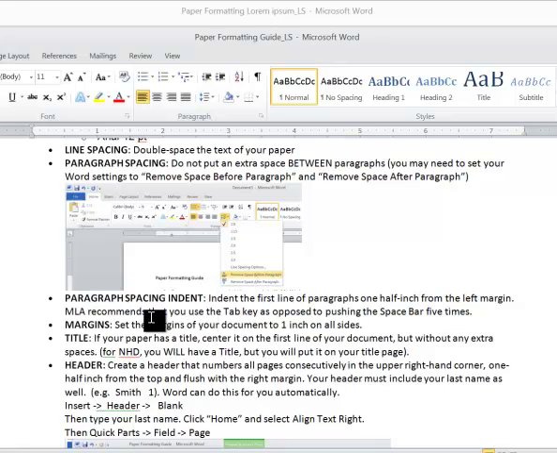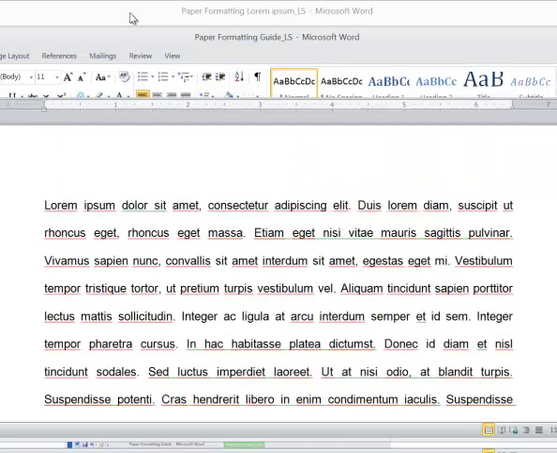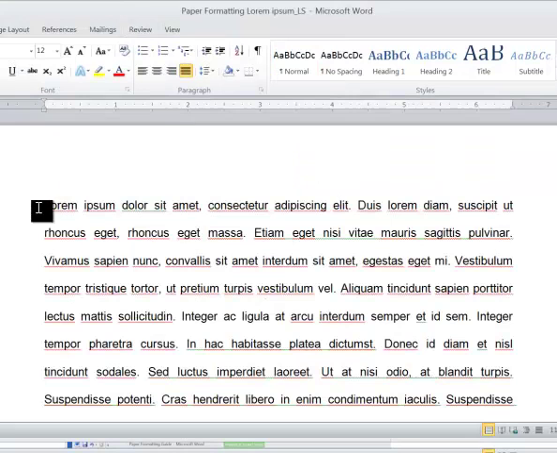And MLA recommends that you use the tab instead of pushing the space bar 5 times. That's because different fonts have different sizes, and sometimes even at a 12-point font, it's kind of complicated that computers don't use the actual printing guidelines, but I won't go down that rabbit hole right now. But if you push the tab key,